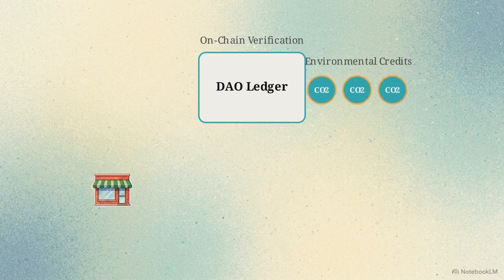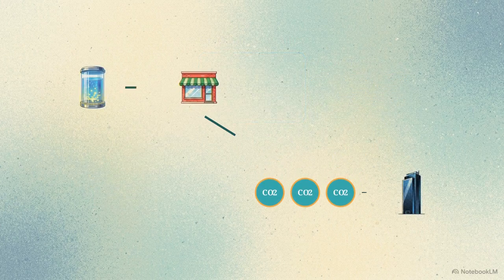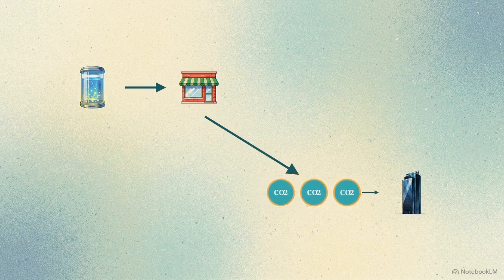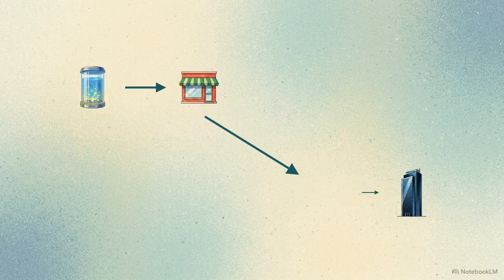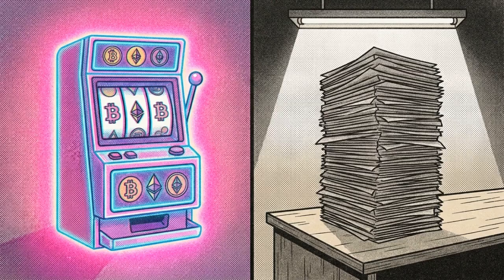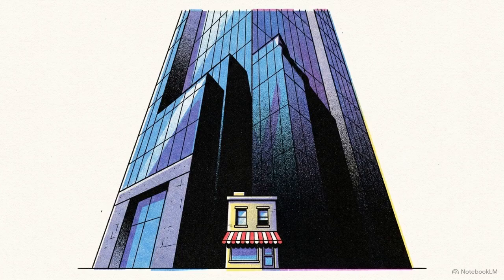Here is the financial climax of the loop. Those newly minted credits can be sold to external corporate buyers at market rates. This mechanism captures external institutional capital and injects it straight back into the local lending pool. For decades, technologists have treated Web3 as a speculative casino, while policymakers have treated community reinvestment as a regulatory chore. Both approaches fail because they leave the extractive architecture of modern finance completely intact.